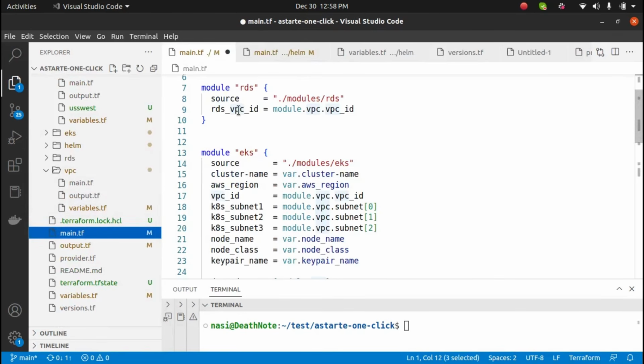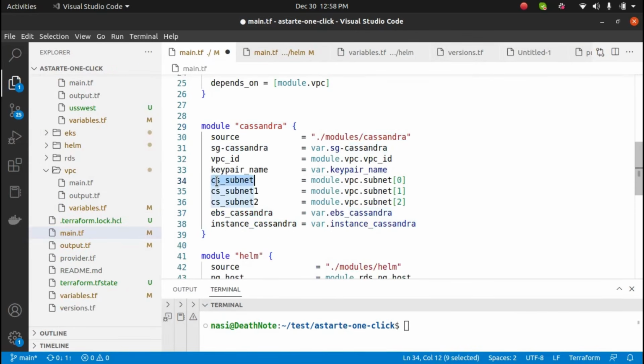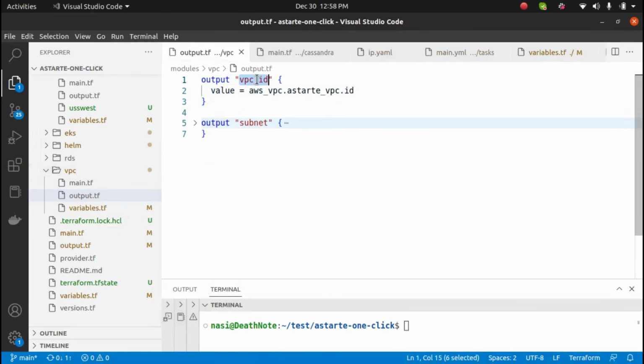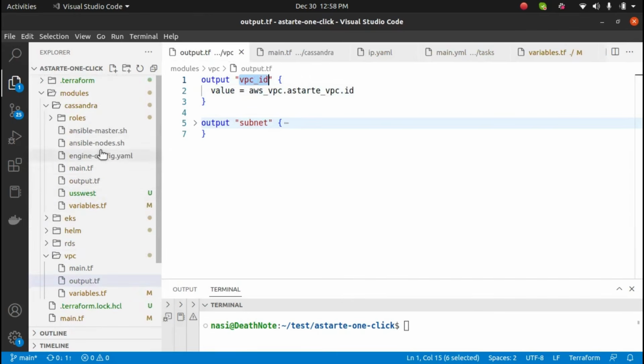When you call your modules, let's say I'm calling the modules for Cassandra. I have a variable created for VPC subnet VPC ID. It will tell me that the VPC ID should be called from this module, which is module.vpc, and then the output name. The output name, which was